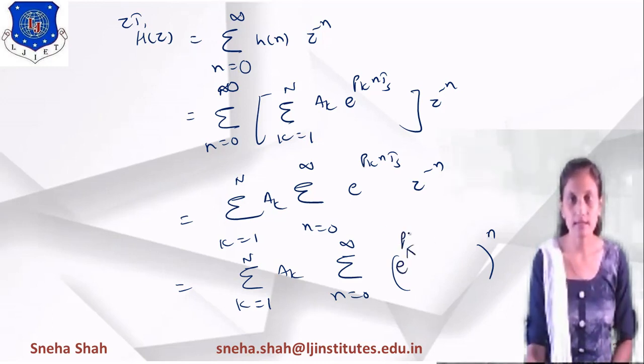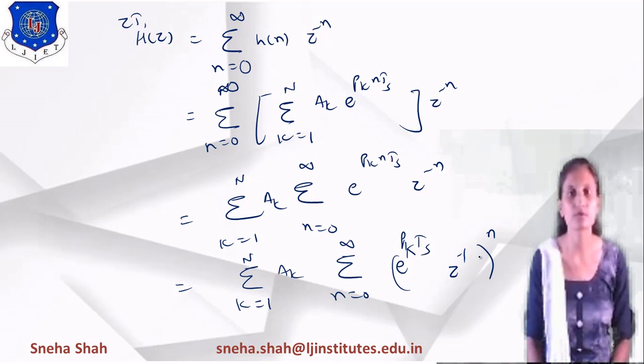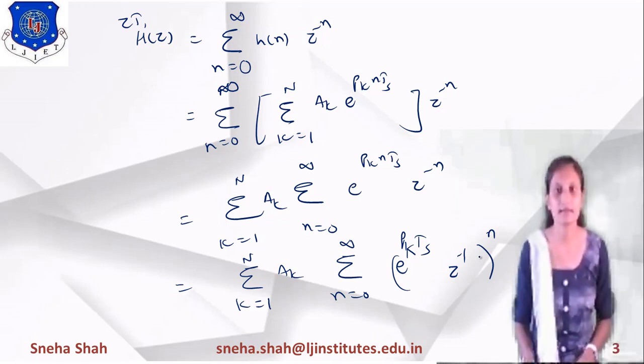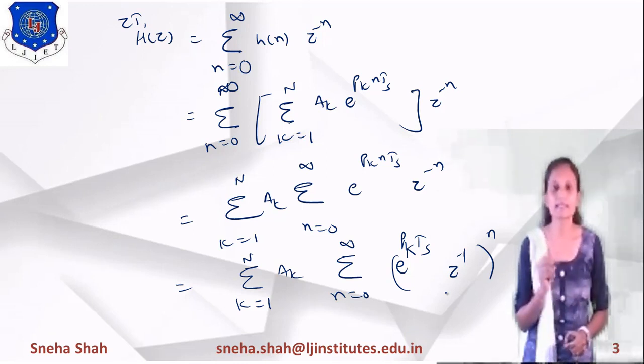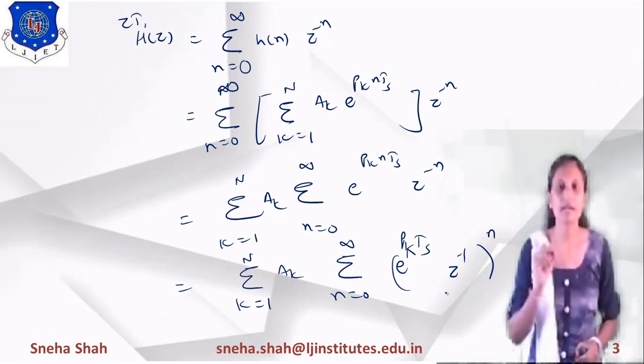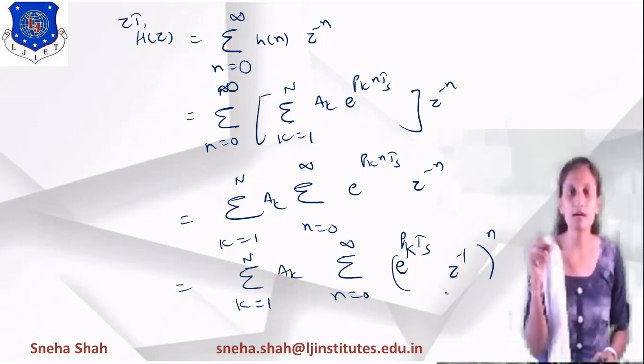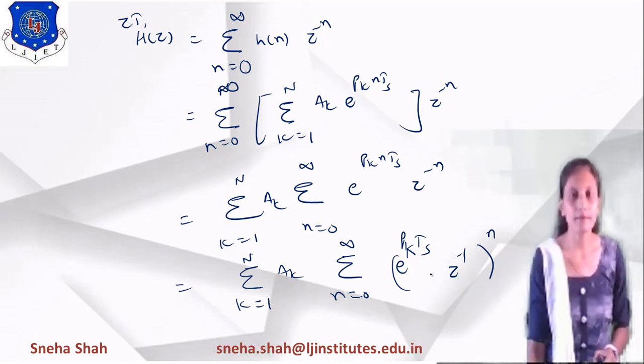n goes over here, so the term will be ds, z raised to minus n, which means z raised to minus 1 raised to n, so it will be considered as z raised to minus n. So this will be considered as a. Now as you know, if we are taking summation n equals 0 to infinity a raised to n, then the term will be 1 upon 1 minus a. So the value of a equals this, and I am applying this formula in the next point.